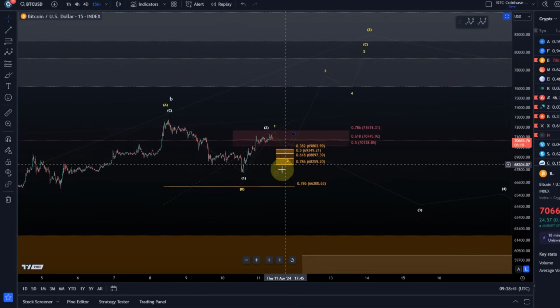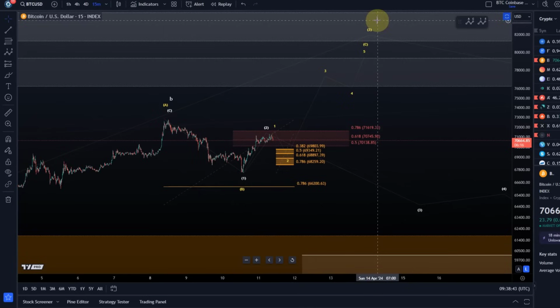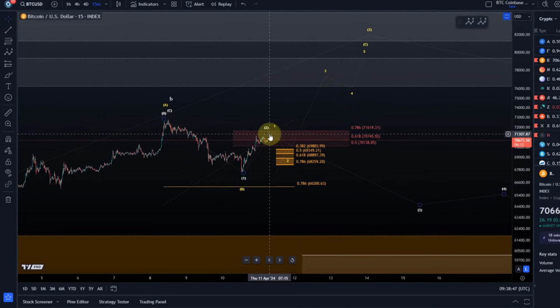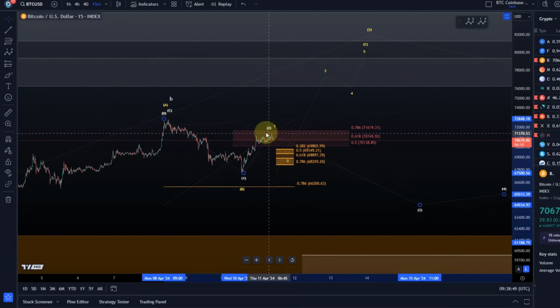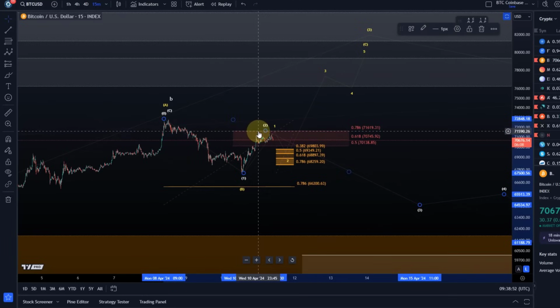So I have introduced a micro count for the yellow scenario so that we can watch some support levels. But we are now in resistance, and in the white count, we shouldn't really break resistance. But we haven't broken resistance, even though the structure looks a bit impulsive, because we haven't broken resistance, and because the structure is so small, I can't really rely on it and say it's bullish short term. I would still keep the door open for lower in the white count, but